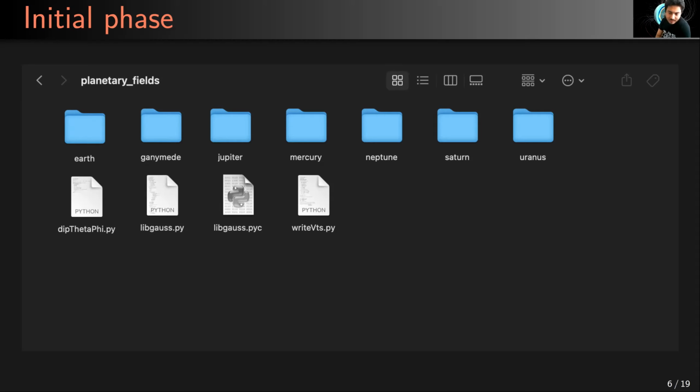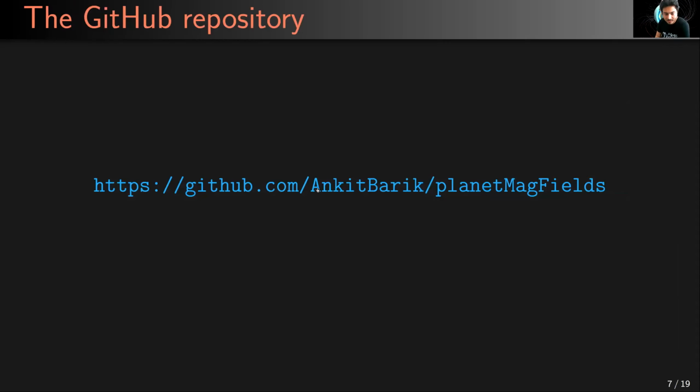And then he said, why don't you upload this on GitHub? I'm sure other people would want to use it too. And then I said, well, that will require some work. As those of you who code know that putting something out there on GitHub requires some more work to make it user-friendly. So then at some point I decided to do that. I put all the data together in one place. I wrote the scripts in a nice and accessible way. And then it turned into this repository, which